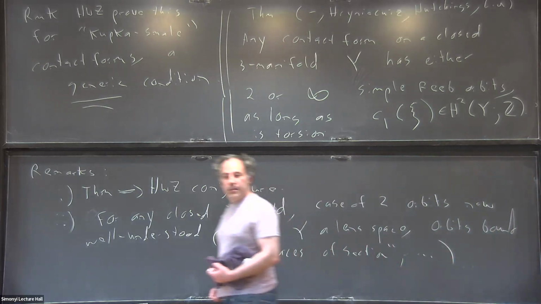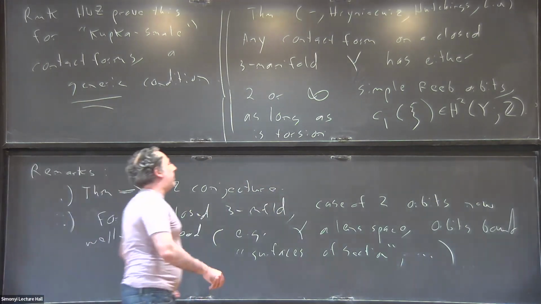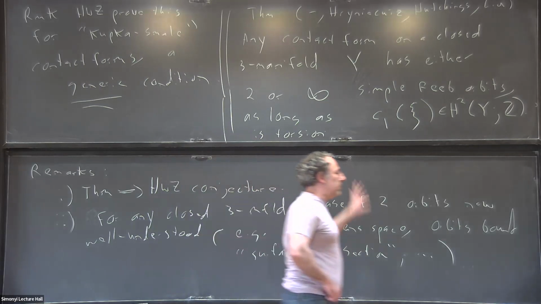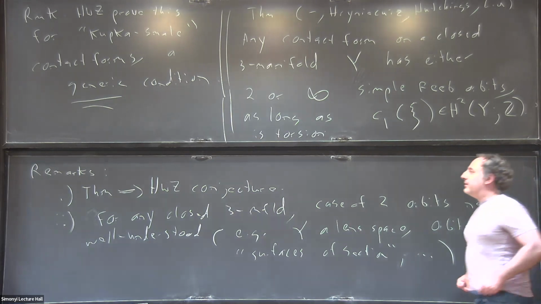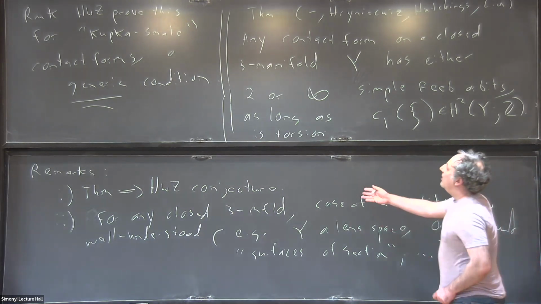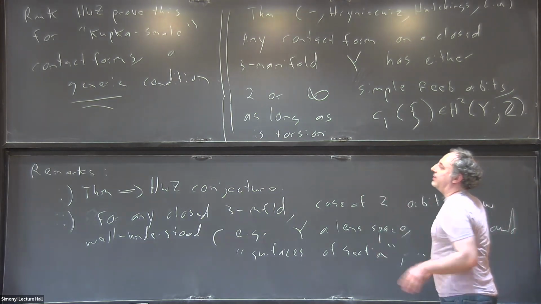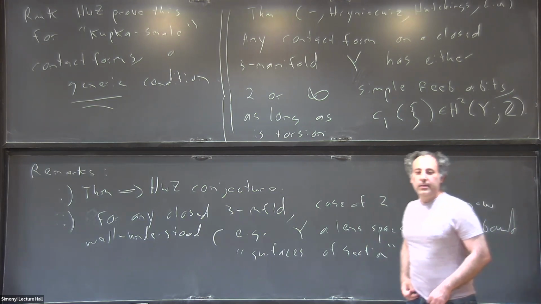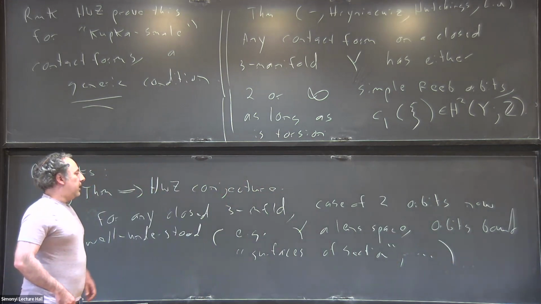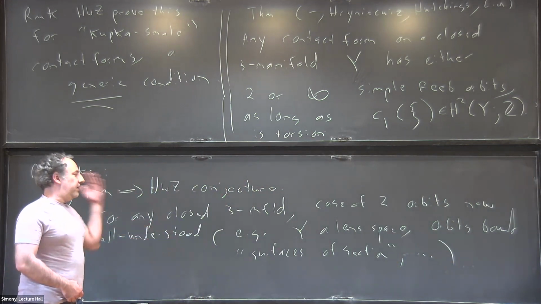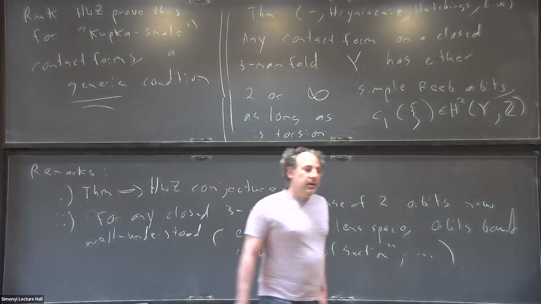And do they give the tight structures on lens spaces there? Yes, they do. We could add that too. They give the standard, the universally tight one on the lens space. That's right. So for example, if you have one of the overtwisted contact structures on S3, combining these two theorems implies that every contact form has infinitely many orbits. But it certainly remains an interesting question to prove. I think the conjecture should be that if you're not a lens space, you have infinitely many orbits. Remains an interesting question.